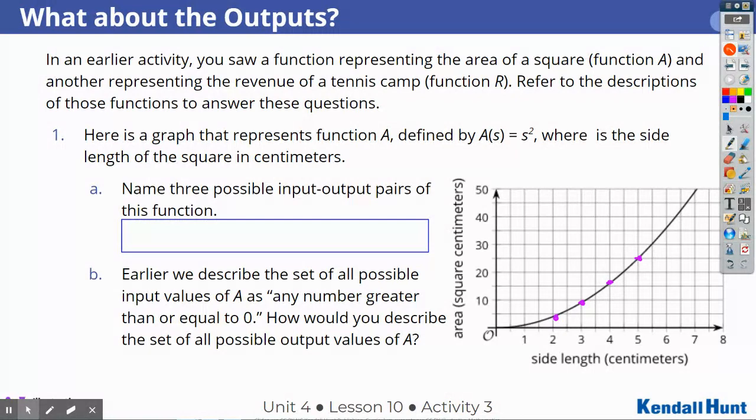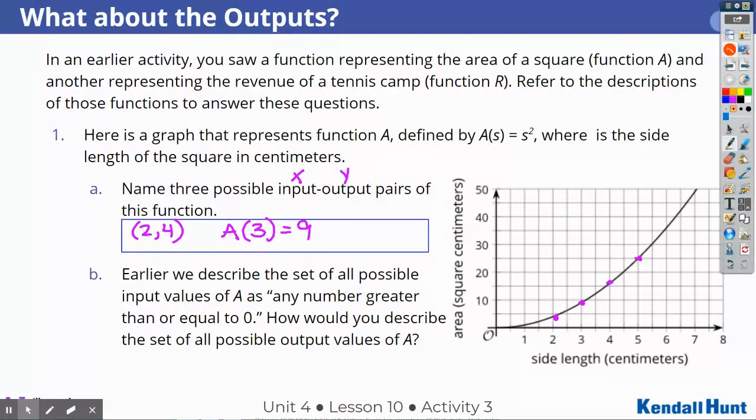Any of those, you could have written them as an XY ordered pair because an input is your X value and output is your Y value. So you could have had an ordered pair like 2, 4, or you could have written it in function notation like A of 3 equals 9. Okay, any of those. So as long as you picked a point that's on the line,